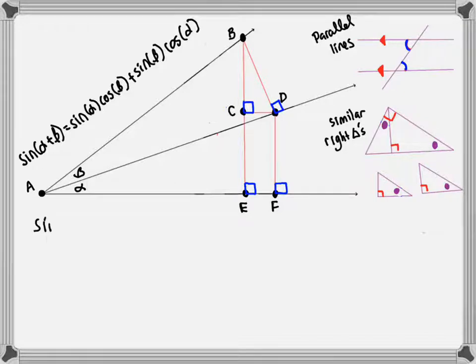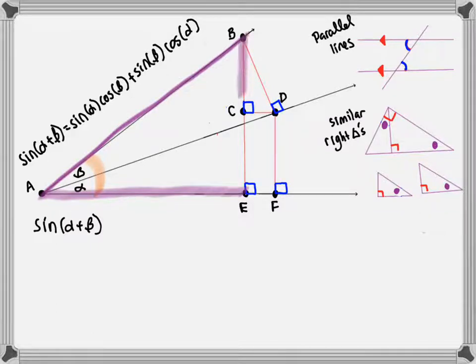So we go sine alpha plus beta. And our general strategy is that we look at alpha plus beta right here, and the right triangle that is going to encompass that is going to be this guy here, and that side, okay? And so we're going to start there, and I'll give you a background of some informational lines that I drew